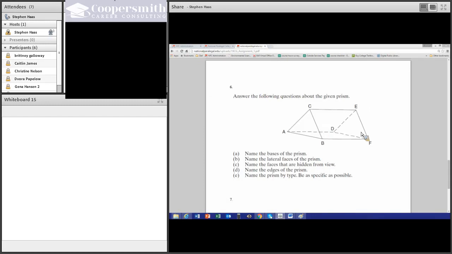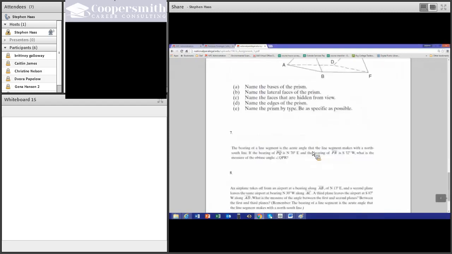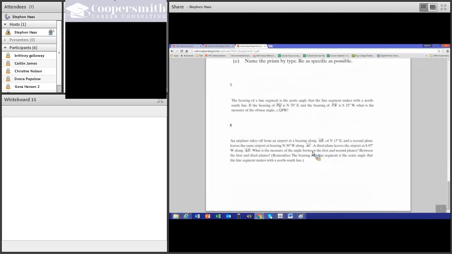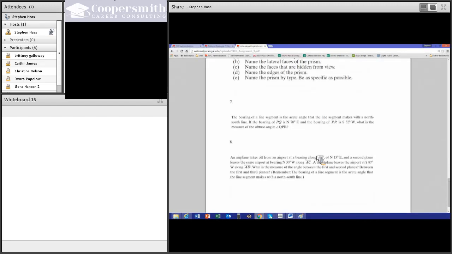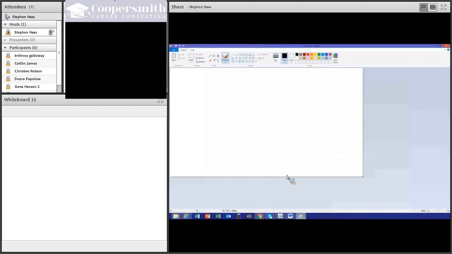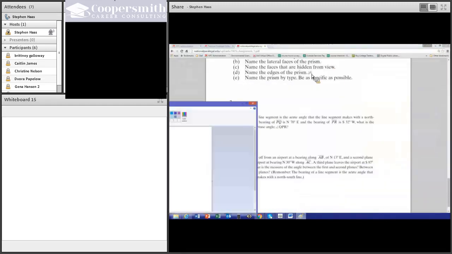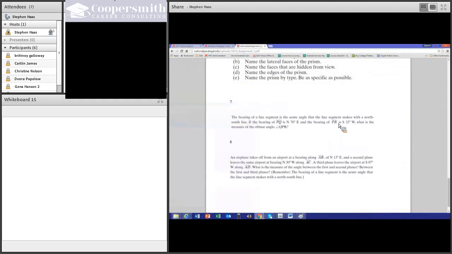Okay. Now I want to try either 7 or 8. I'll do one of them with you, and then the other one you can do yourself, because I want to see how I would go about doing this. Let's see number 7. The bearing of a line segment is the acute angle that the line segment makes with the north-south line. I'm going to use Microsoft Paint for this when we get there. Okay, if a line bearing PQ is north 70 degrees east,